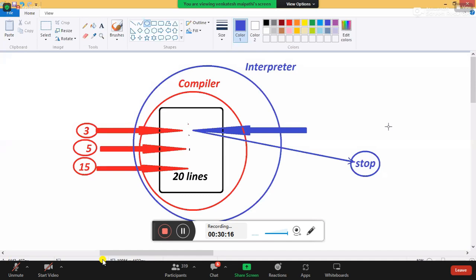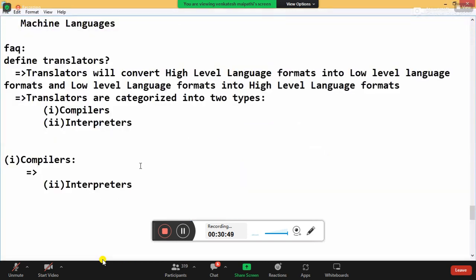So what is the difference between compiler and interpreter? If anybody asks, a compiler translates the total program at a time. An interpreter translates the program line by line. In an interview they will ask, what is this line by line? You must say: if line 1 is correct, then line 2 will be done. If line 2 is correct, then line 3 will be done. If line 3 is not correct, line 4 will not be done. That is known as line by line. All of you understood line by line? Okay, right. Now write the same one.